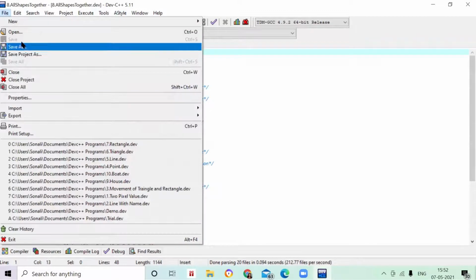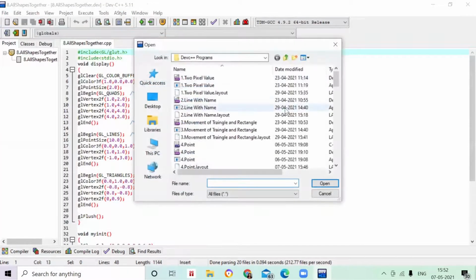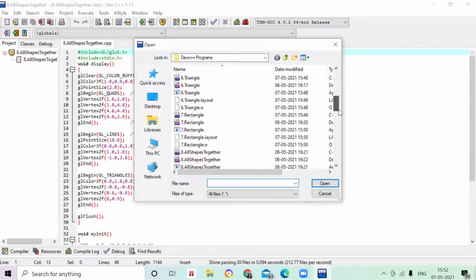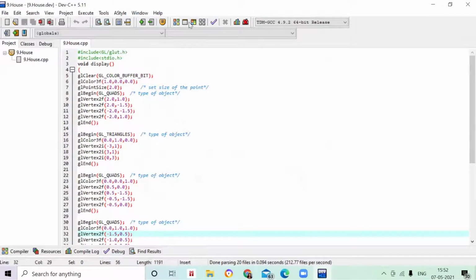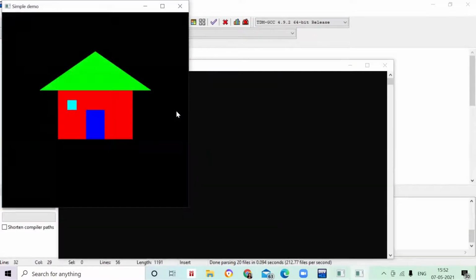So now let's move to one more program. These are all very simple basic practice programs you can practice at home. Yes, one house program. Let's see how to make the house. First I want to show you the output. So this is the house. Here you can see the first part is the triangle, then the next part is the square or rectangular shape.